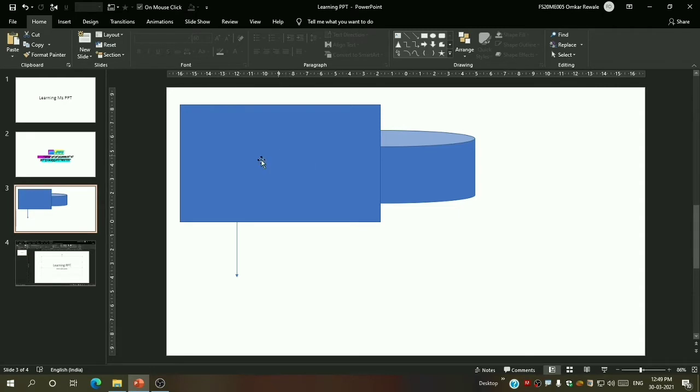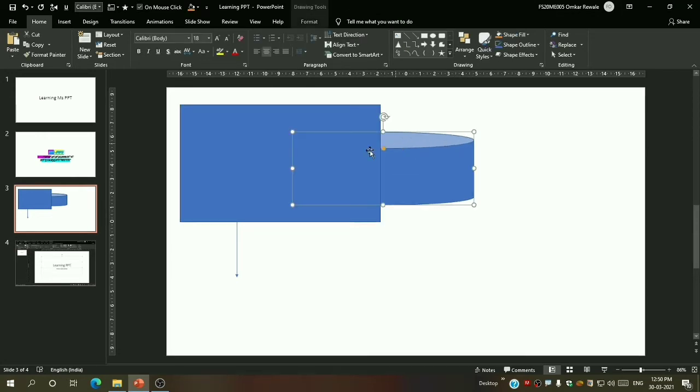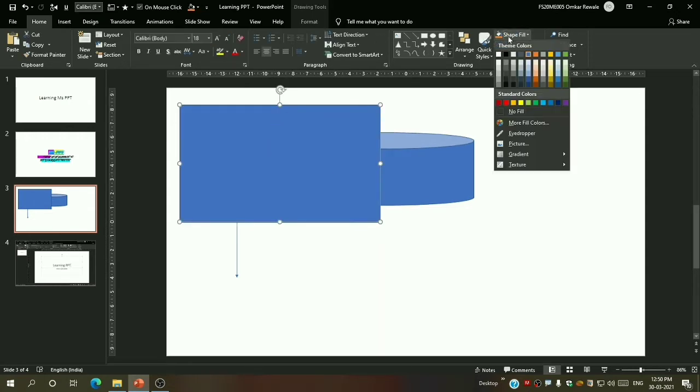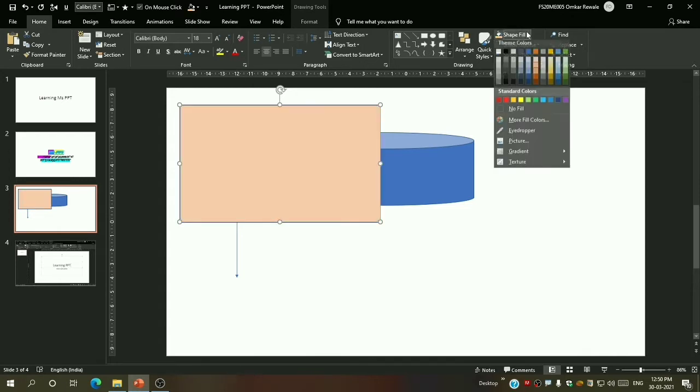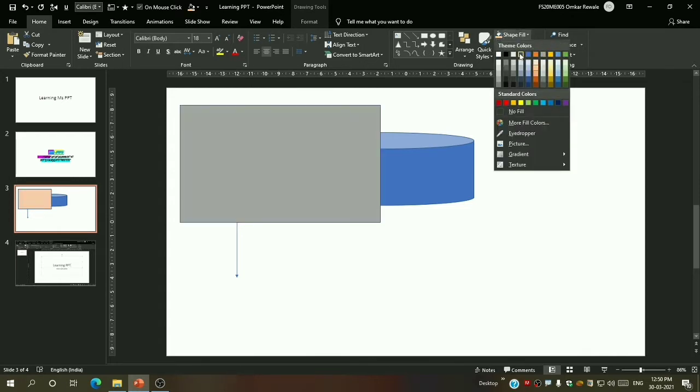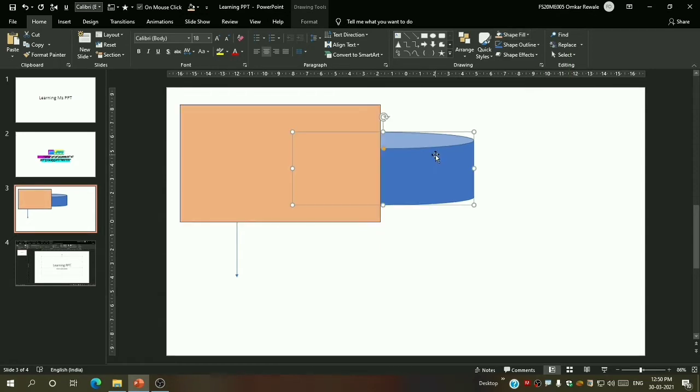I hope you have completed the assignments because today we will continue that assignment only. And if you are a new viewer, then please do watch my first tutorial video because this one is linked to that one only. So these are the shapes. Now basically we will first give color to the shape, so we can see shape fill. From here we can apply any color we want to any shape.